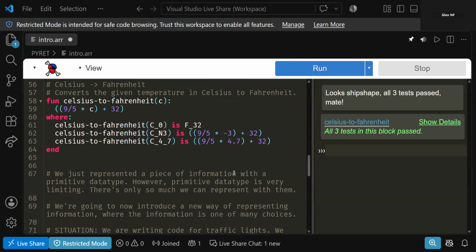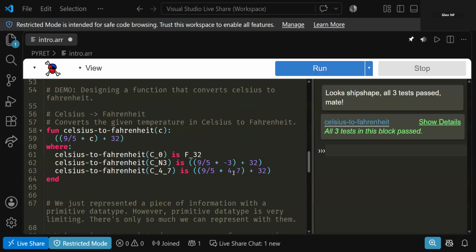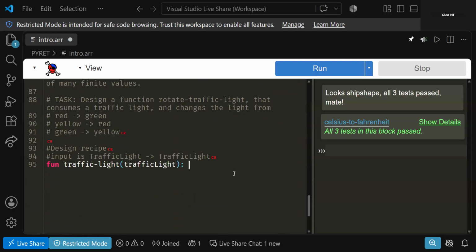So there should be a description for what this function does. For example, line 57 for Celsius to Fahrenheit. Oh yeah, I'll say the function converts